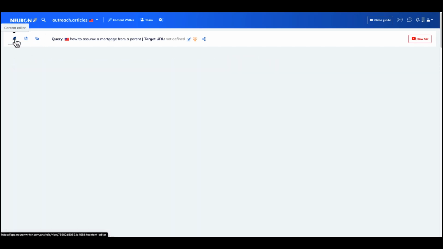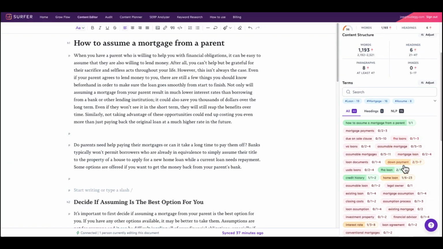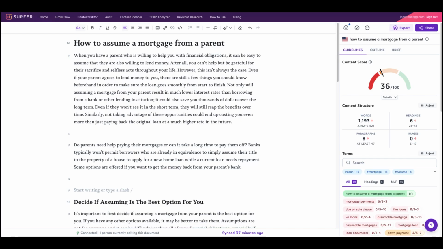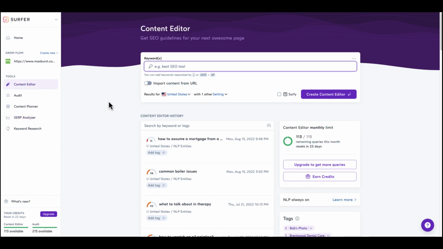So the content editor, the main thing that we're focusing on, you can see how this compares to Surfer. It's kind of similar. Surfer is right here. Everything's here. All these other things, the top analysis. Now with the top analysis, competitor structure, layout, kind of have that all in here with the structure, with the layout part, the images. And then Surfer has other tools that are in there, like the audit tool or the analyzer, because it felt like Surfer kind of looks at it that the tools can be separate to really analyze those areas and keep them on different pages.